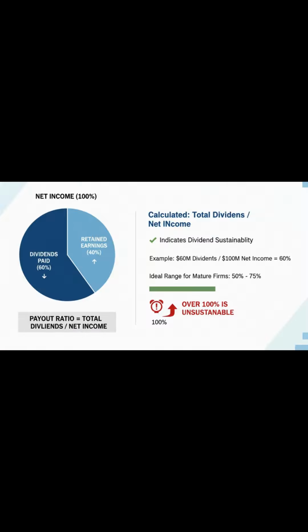Moving beyond just the yield, the payout ratio is a critical indicator of a company's ability to sustain its dividend payments over the long term. It tells us what percentage of a company's net income is being paid out as dividends. The calculation is simple: total dividends paid divided by net income. For example, if a company has a net income of $100 million and pays out $60 million in dividends,